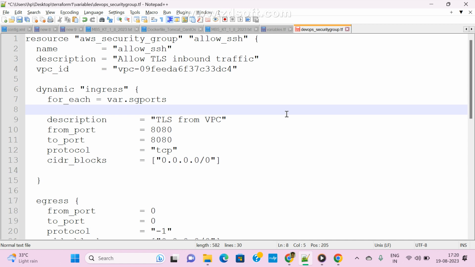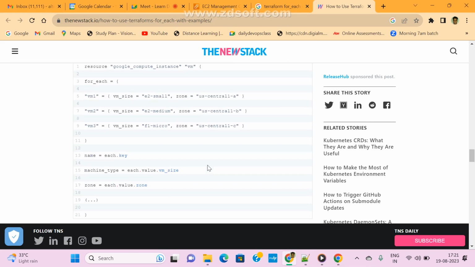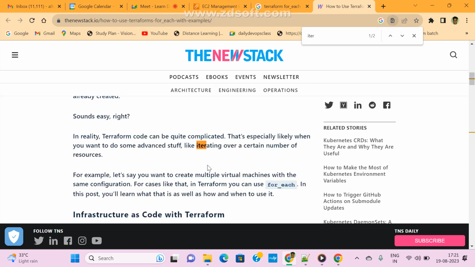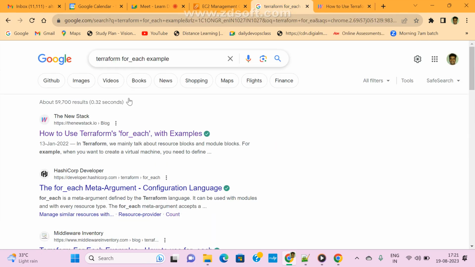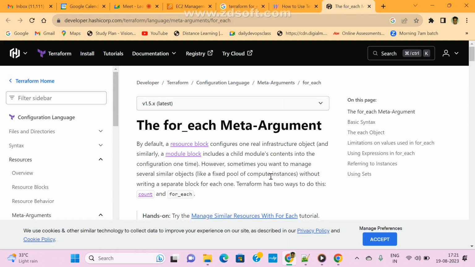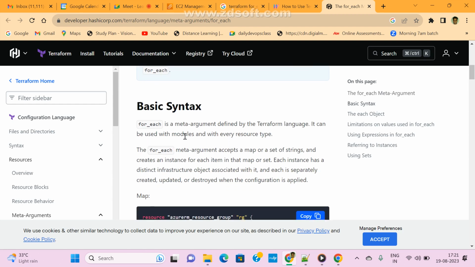Now how to print, how to read? We need to store these values in a variable, and I need to use iteration also. If you go to Google, there are multiple ways we can read. We can see iterating over a certain number of values. So for_each, go under example. These show how to iterate values. Version note: for_each was added in Terraform 0.12. The basic syntax for for_each is